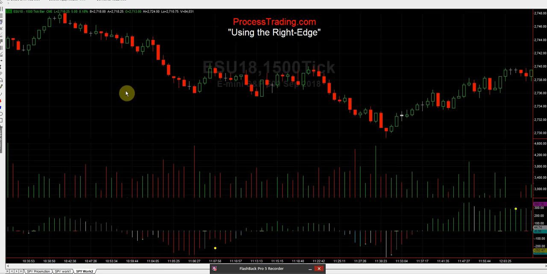When there's more selling, then price is going to go down. It depends on what that ratio is. Well, in the internal energy indicator here, you have